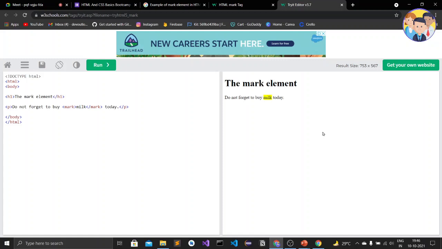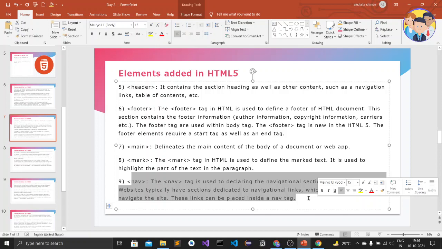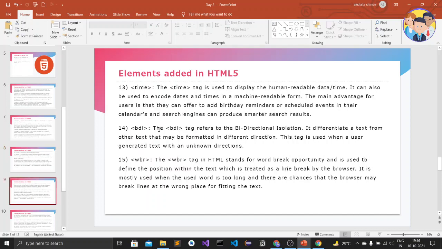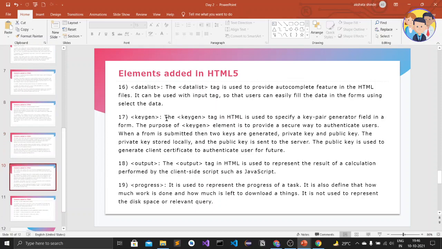So this is the mark element, and then we have seen the nav. It is also a semantic element. Then section, details, summary are semantic elements, and then time is also semantic. Then BDI, it is not much important. WBR is not much important. Then datalist. What is datalist?